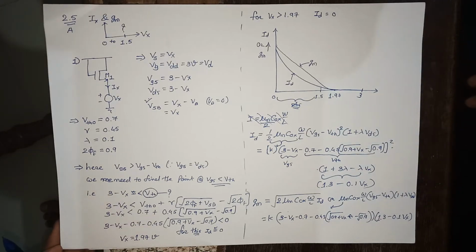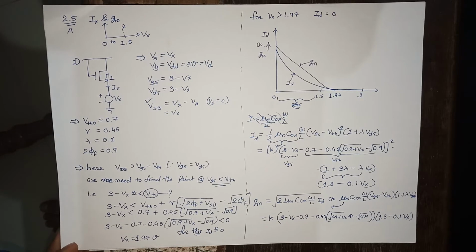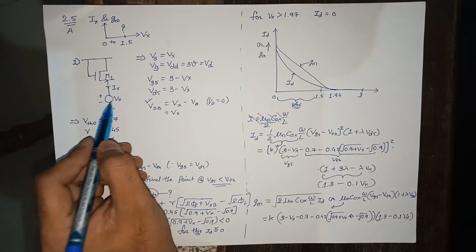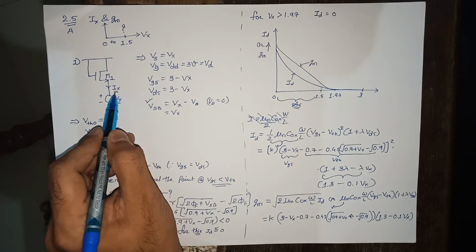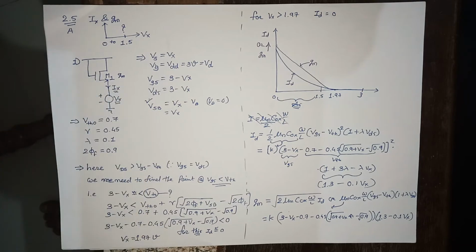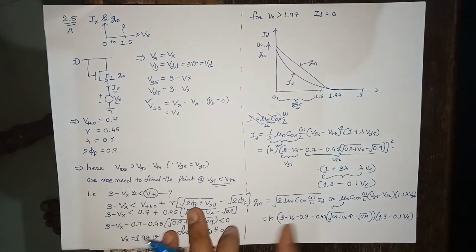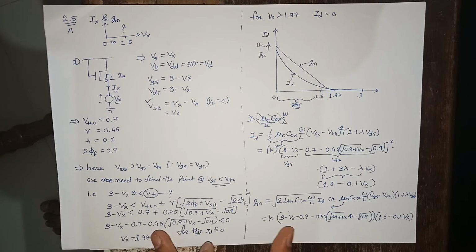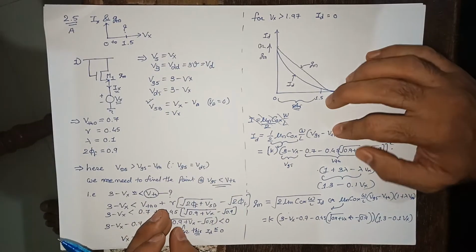Okay, we will discuss part A of problem number 2.5. In 2.5, the general statement is that you need to sketch the Ix and conductance, that is Gm, for the transistor as a function of Vx. So Vx is the variable. You need to find the Ix and Gm of this M1 and plot them. To save time, I already wrote the answer. We will go through it one by one.